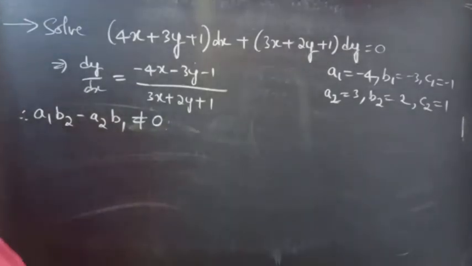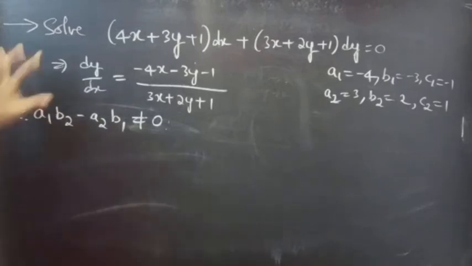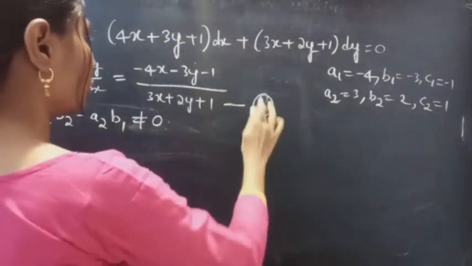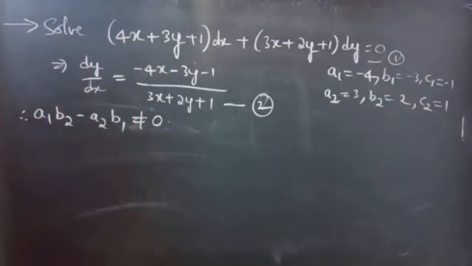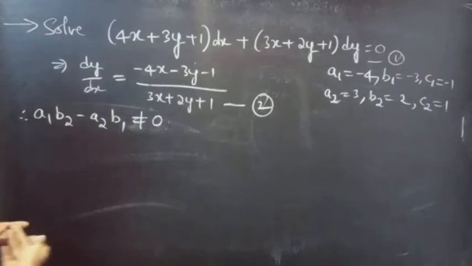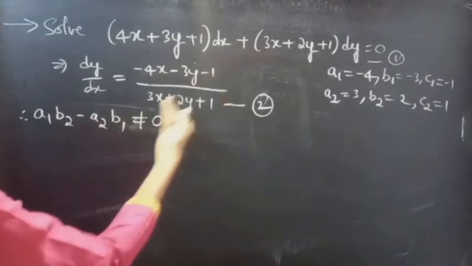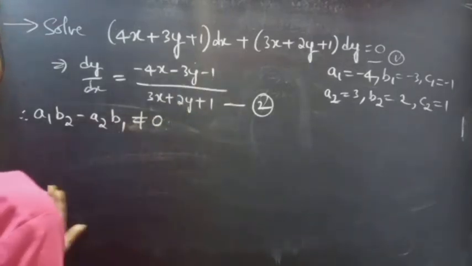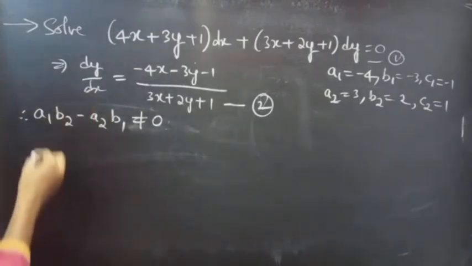Since a1 b2 minus a2 b1 is not equal to 0, we'll solve the given equation. Consider it as equation 1, okay? Or better, consider it as equation 2 and the given equation as 1. This is also the given equation, but we have written it in dy by dx equals (a1x + b1y + c1) by (a2x + b2y + c2) form. Okay, now we'll solve equation 2